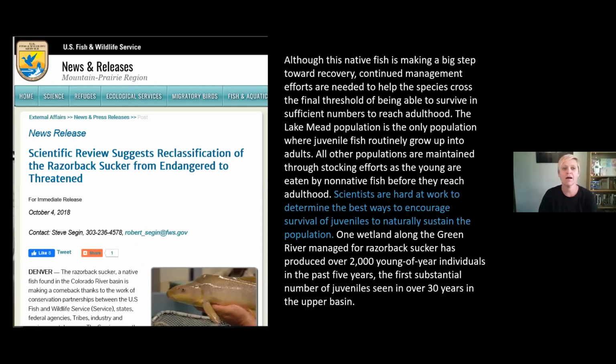Anyway, so the other species, the razorback sucker, has also been proposed for downlisting to threatened. And this one has a little bit of a different situation. So the Lake Mead population of razorback sucker is the only population that reproduces and recruits to adulthood on its own. Every other group of razorback sucker in the world has to be stocked and managed for them to complete